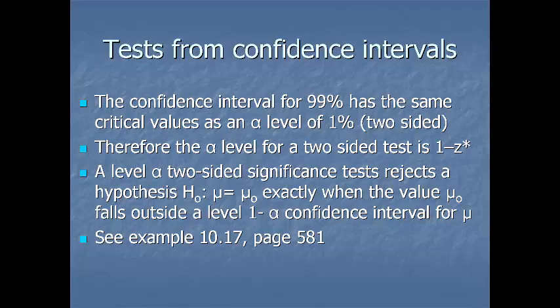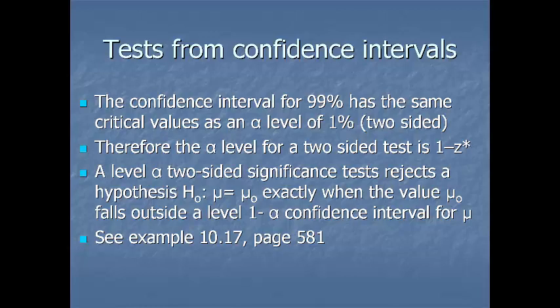A level alpha two-sided significance test rejects the null hypothesis exactly when the null hypothesis falls outside. So you calculate a confidence interval that corresponds to your alpha level, and if that null hypothesis value is not in that confidence interval, you just say you reject it. If it is in there, you say you're not going to have enough evidence to reject it. So basically all you're doing is calculating, once again, a confidence interval that corresponds to your alpha level,